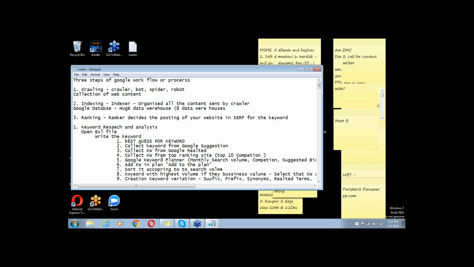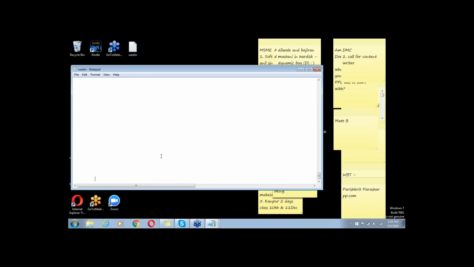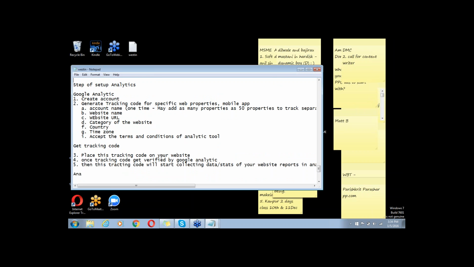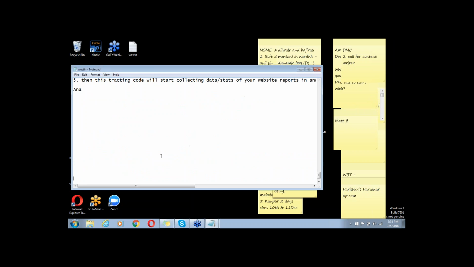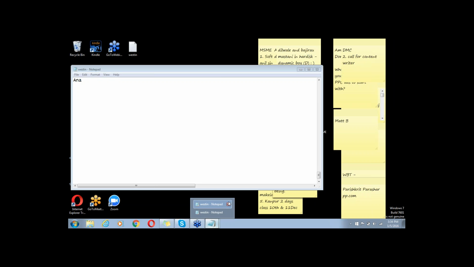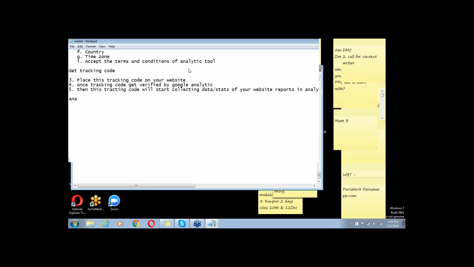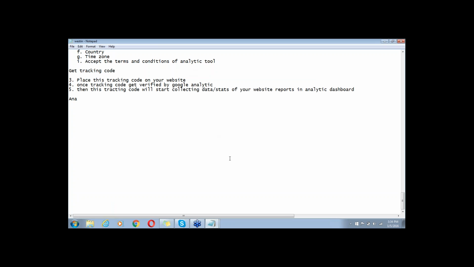Yes. I'm using another text file to write, since that text file has hung.